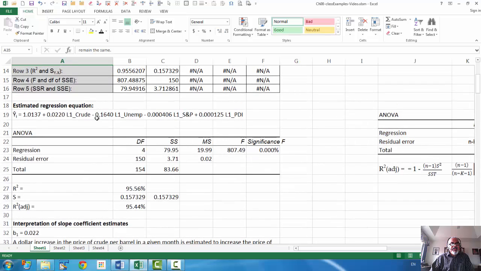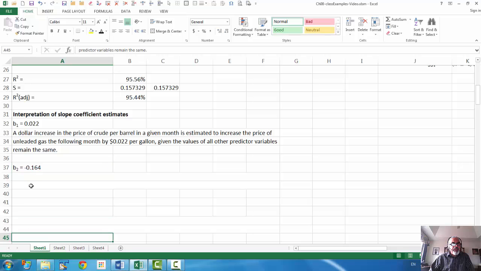Now let's look at the second variable, which is L1_unemp, and the slope coefficient is a negative value. So that means if unemp, or unemployment rate, goes up by 1, the price of gasoline will go down by that number because it is a minus value. So here is the slope coefficient. So if unemployment rate goes up by a percentage in a given month, the price per gallon of unleaded gasoline will go down by